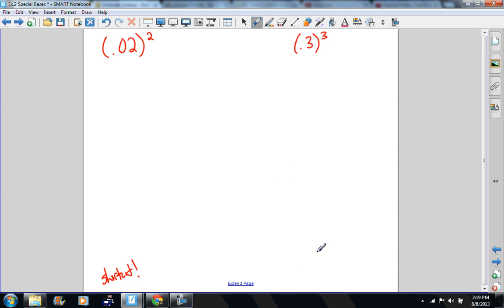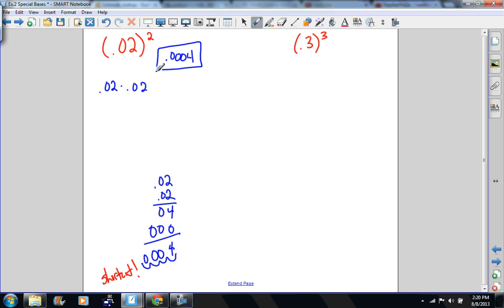We are going to be working on some decimal and fraction bases, but the idea and the concept are going to stay exactly the same. So for this one, if we have 0.02 squared, that means that we have 0.02 times 0.02, which if we remember from multiplying decimals, we do it the horizontal method like this, and we get 4, 0, 0, and 0. We add them all up. And we have 1, 2, 3, 4 decimal places. So 1, 2, 3, 4. We add a 0 there, and that's our decimal,